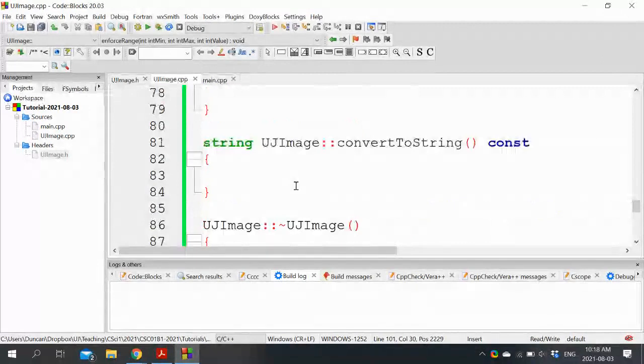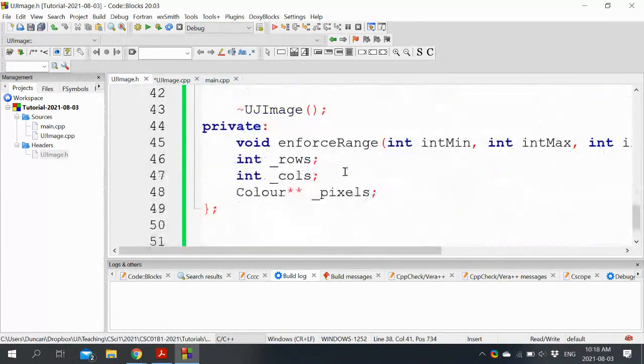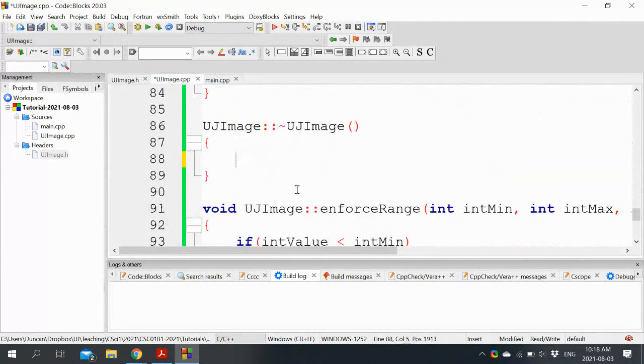That seems reasonable. And then lastly, but it will need some modification in a moment, the destructor. At the moment, the only resource that's being managed by UJImage is the array.